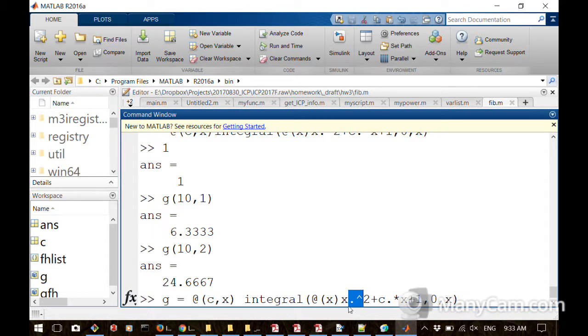What it does is that it will make it a vectorized operation, meaning that if you try to take the power of x to 2, for example, then all the elements of x, if it's a vector, will be taken to the power of 2. Right? So now, since I have defined this to be a vector, but here's the thing. The problem is that integral,